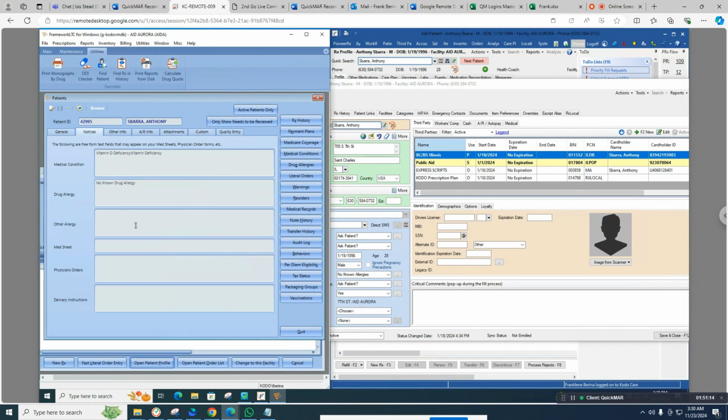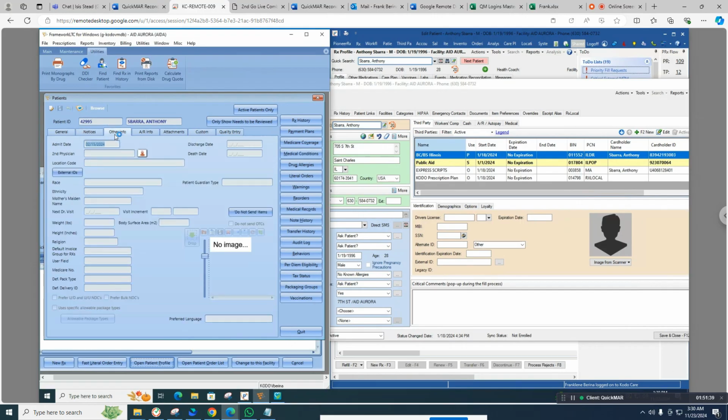So notices, some of it are found in other allergies and in the med sheet. So you need to delete them because the correct one was on drug allergy. In order to delete it, click on here. So delete. As for these two here, this is already encoded correctly, so we don't need to delete it. Click on save or back,